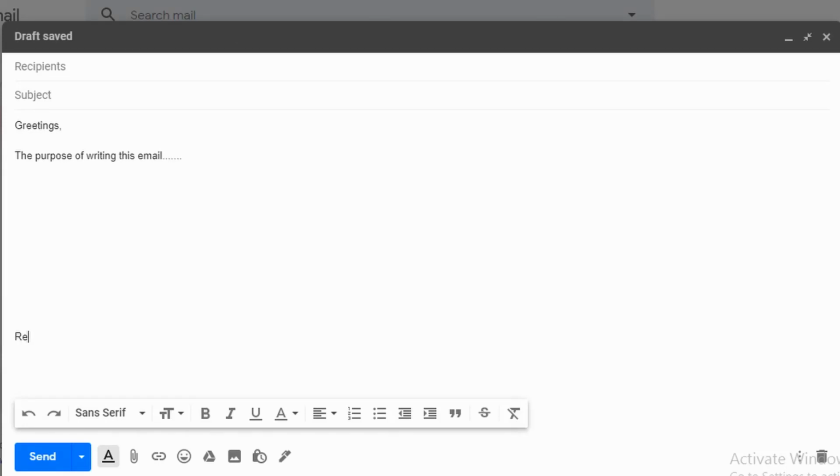Yes, you can write down your name only while sending the email, and you can use it as a closing, but it still looks incomplete if you do not write some professional words. So you can use thank you, you can use regards, you can use yours sincerely, and you can use many other examples like this. But it looks far better if you use a greeting over here with your name.